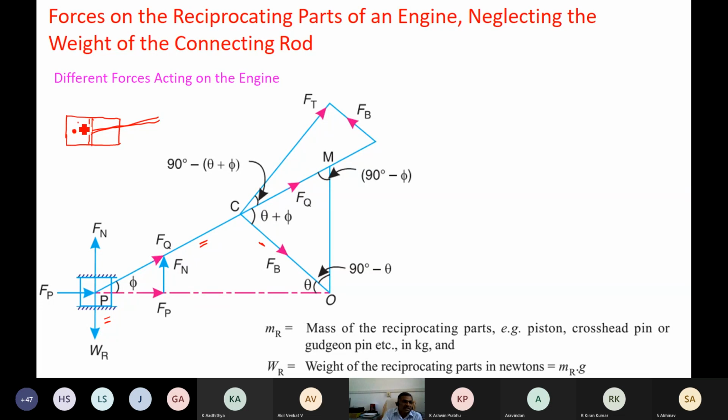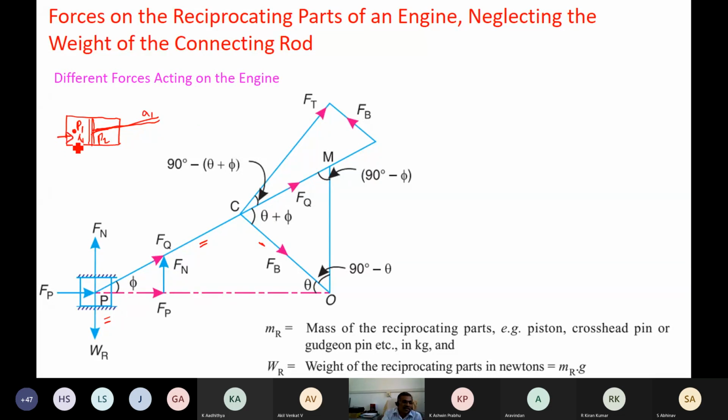Assume that here pressure is P1. The cross section area of the piston is A1. Here the pressure is P2. And here what will be the cross section area? Cross section area will be the right side piston area minus the connecting rod area. Assume that the connecting rod cross section area is small a1. So already we know the piston area is A1. This is both side A1.